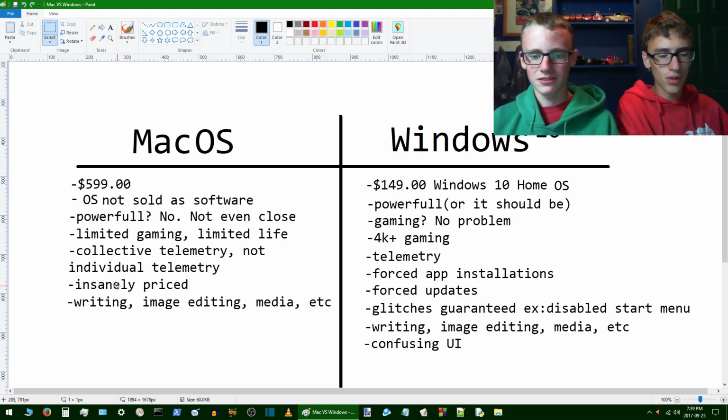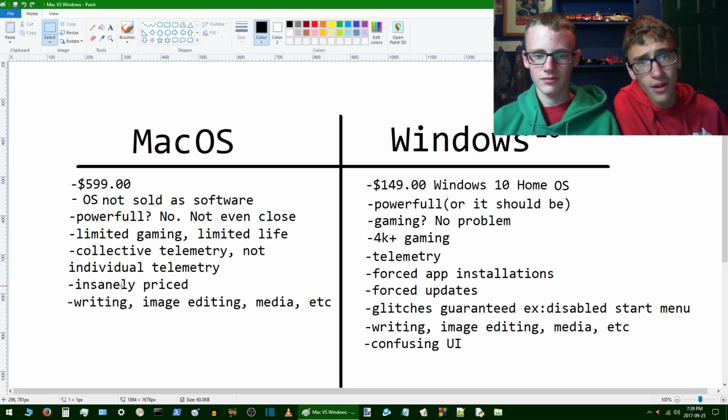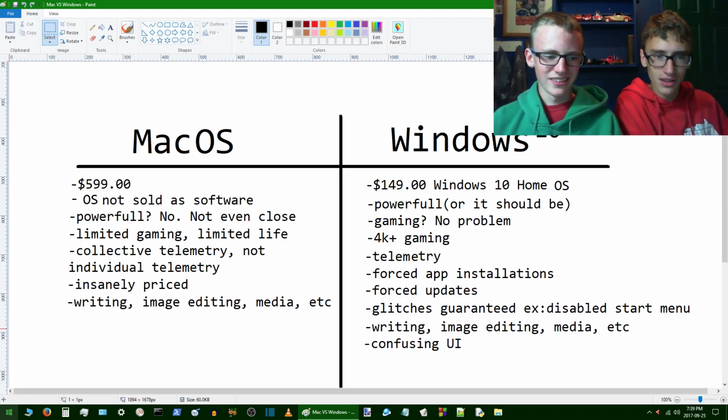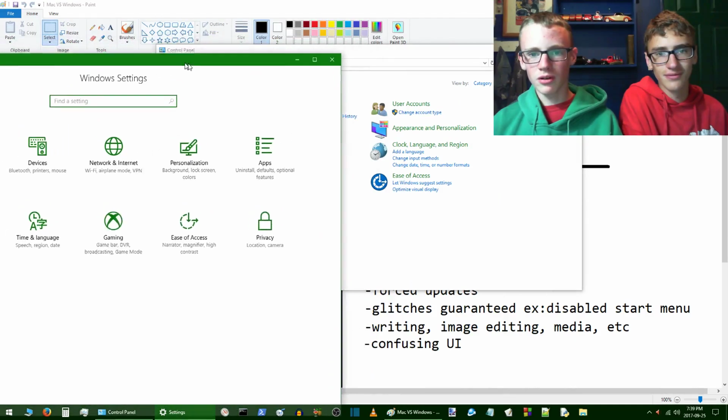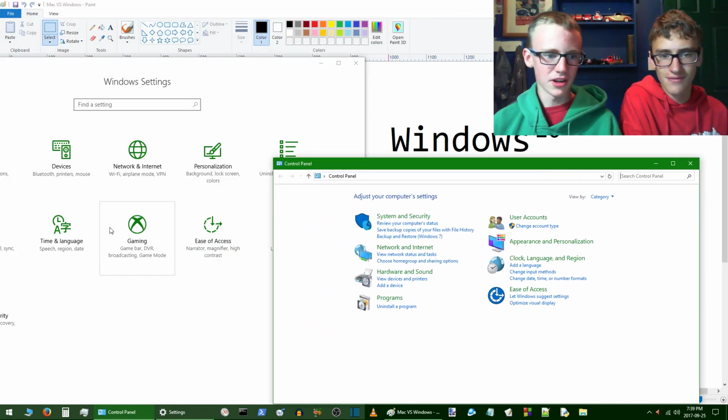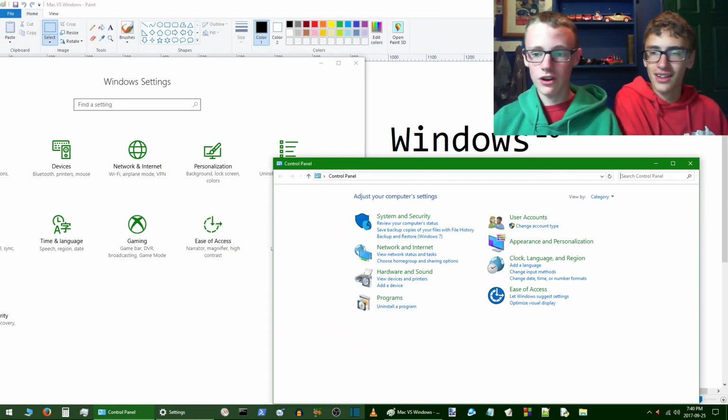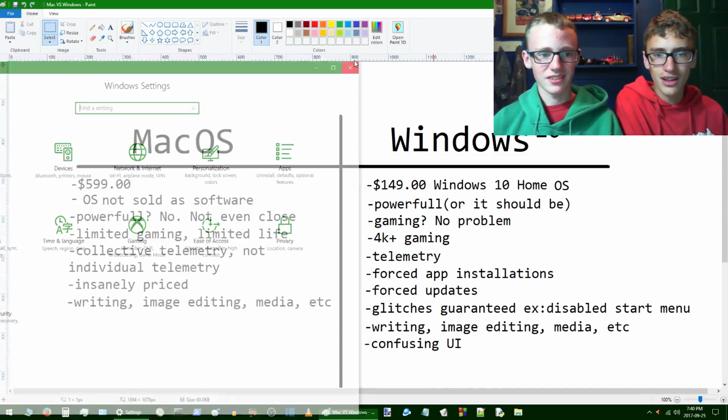And look at this. With Windows 10, they're moving on from just using the control panel to settings. I mean, what's up with the change, guys? Think about this. Does Mac do that? Well, who even needs the control panel anymore? I mean, now I find that I'm using settings for everything, so... Just think about it. Isn't it a little confusing?